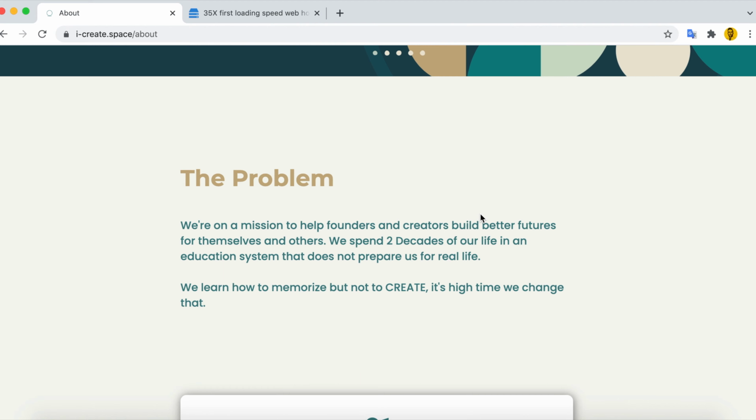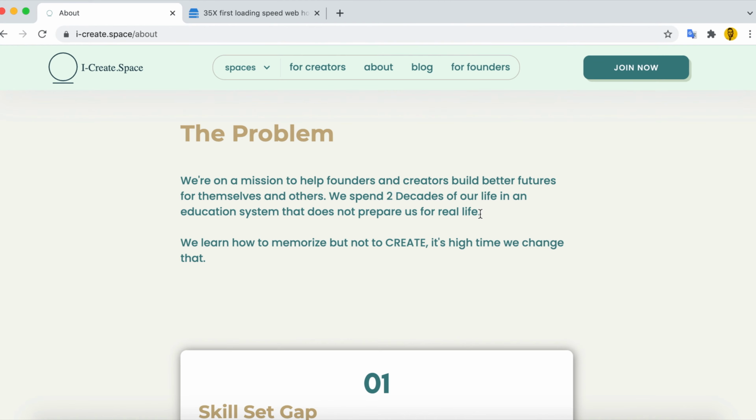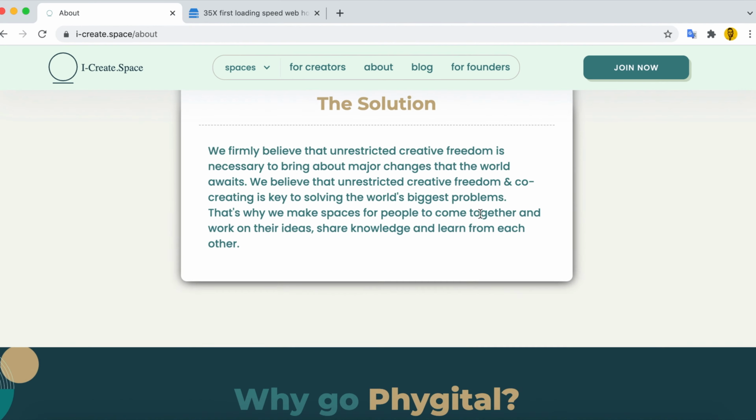The problem. We're on a mission to help founders and creators build better futures for themselves and others. We spent 2 decades of our life in an education system that does not prepare us for real life. That's deep. I like this. Now, that's not really nice